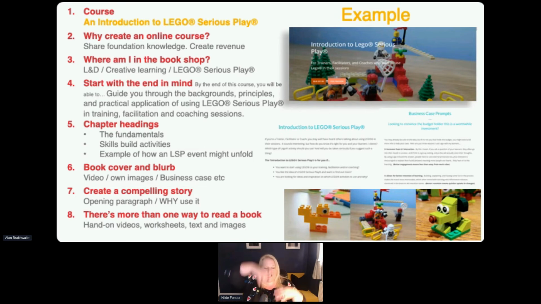So basically camera down, looking at the Lego stuff, so people could see what I was doing. Hands-on demonstrations, worksheets, a bit of text and image in there, and a couple of quizzes. So everything that I've just spoken about, that's an example of how to pull it all together.